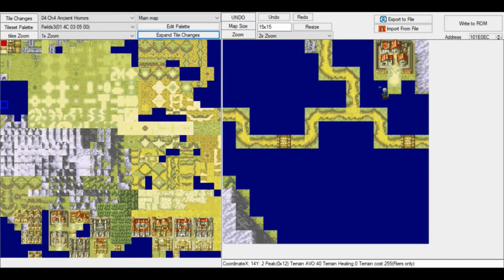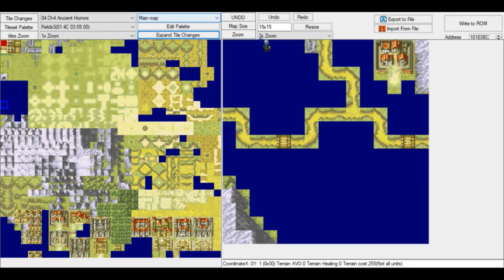You can assign a new one. Let's say you need 7 villages, 7 snags, 7 broken walls, 7 chests, because chests are also here. You need 7 of those, but the map only has 5. Then you can click on this, expand tile changes, assign a new tile change. Once you do that, you'll be able to create a new tile change.